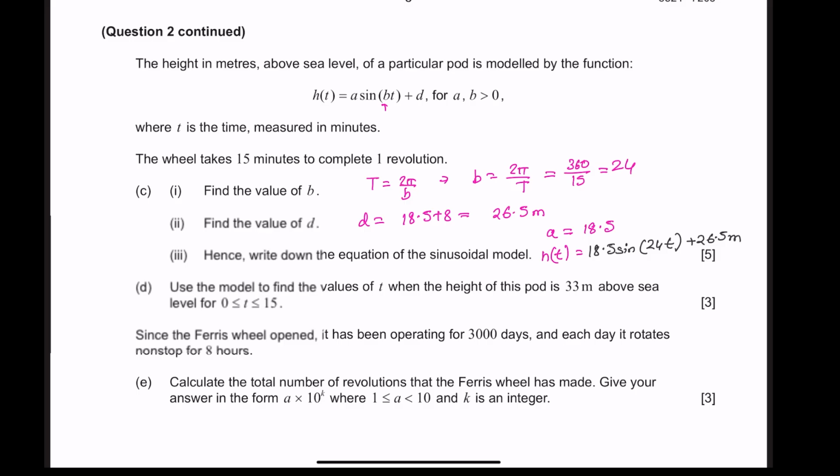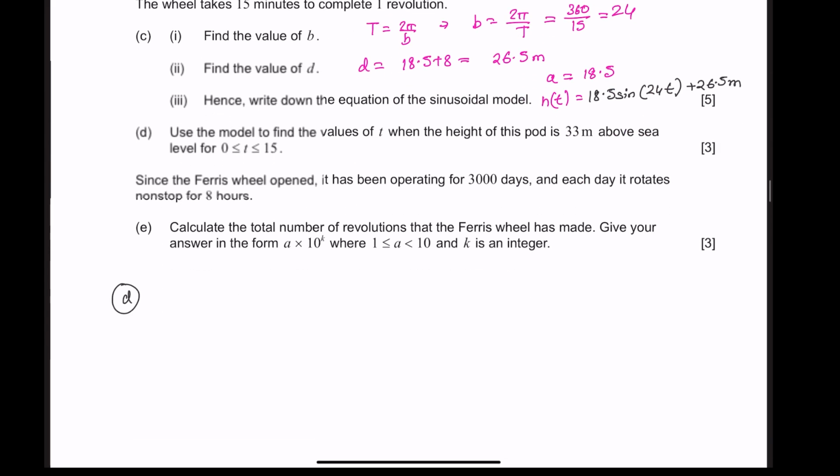Use the model to find the values of t when the height of the pod is 33 meters above the sea level. So part D, you have to find, h(t) is given as 33. 33 is 18.5 sine 24t plus 26.5. Okay. Now, if I simplify it a little bit, and write it like this. So 33 minus 26.5 will give me 6.5. So sine 24t,